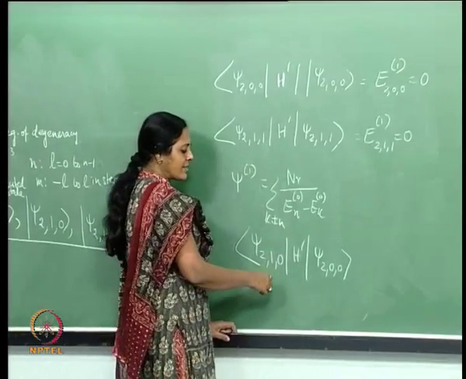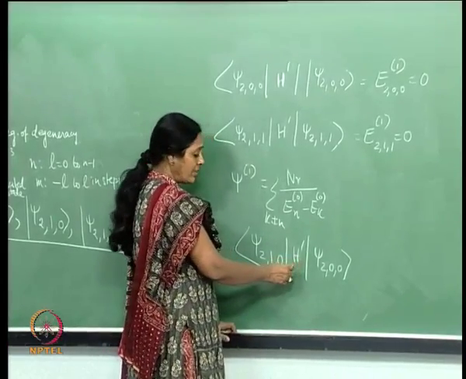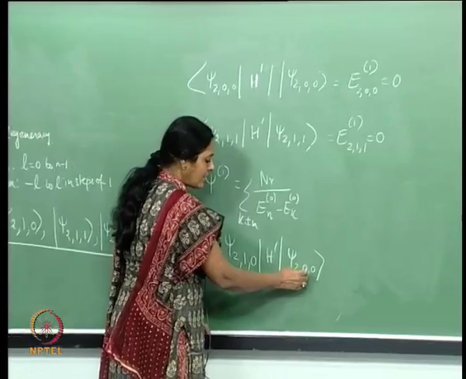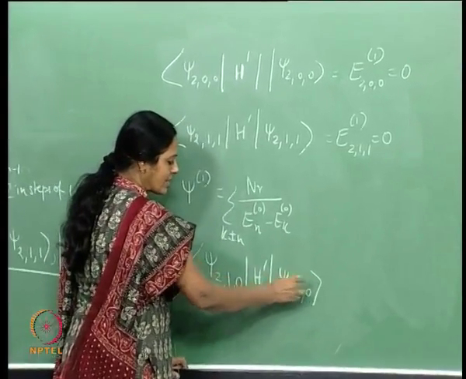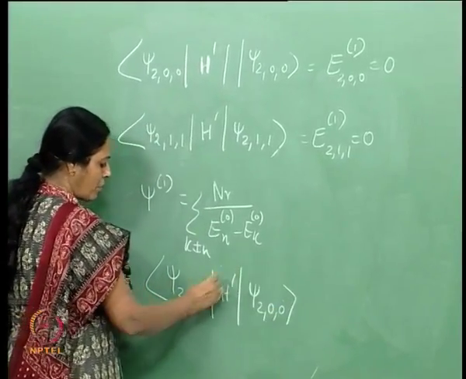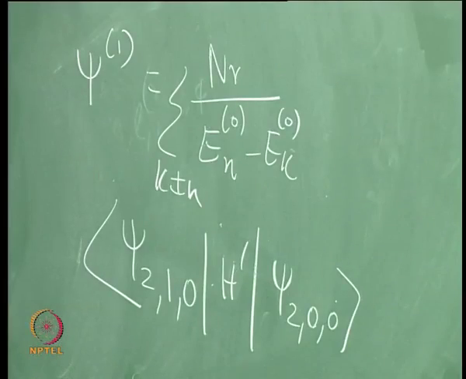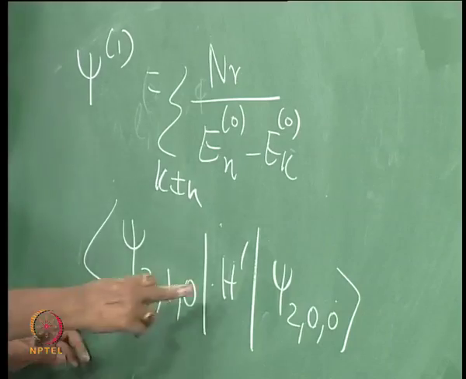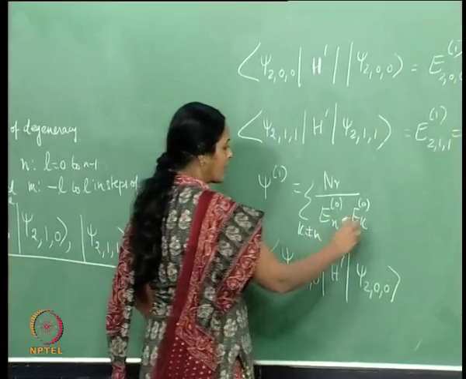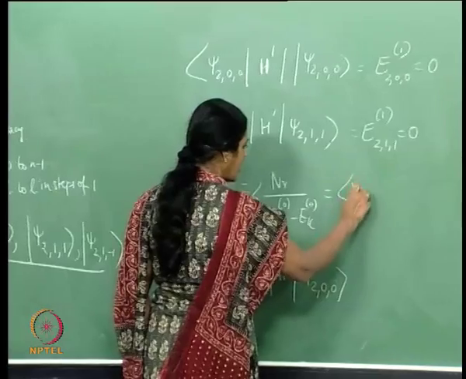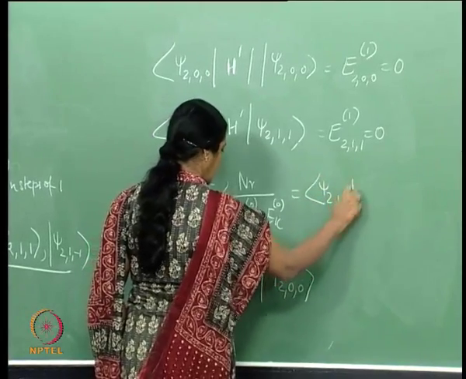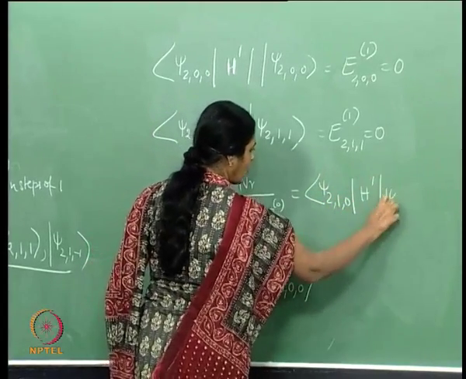As it stands, the parity operation allows this. This has even parity, this whole object has odd parity and this has odd parity. So, indeed I have a problem, because in this expansion there is a term psi 2 1 0 H prime psi 2 0 0